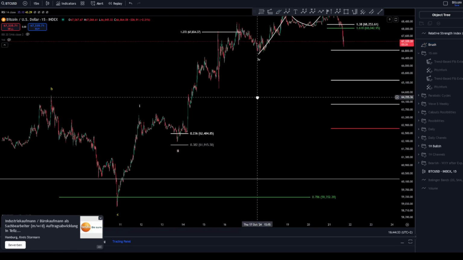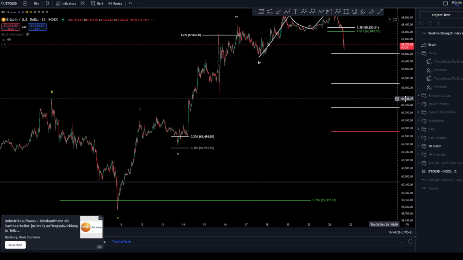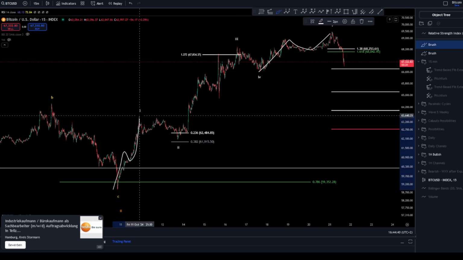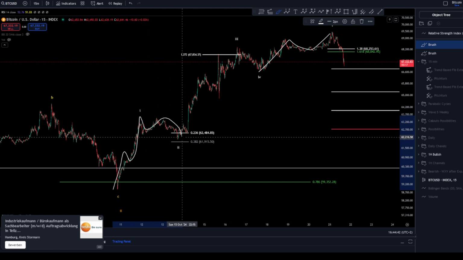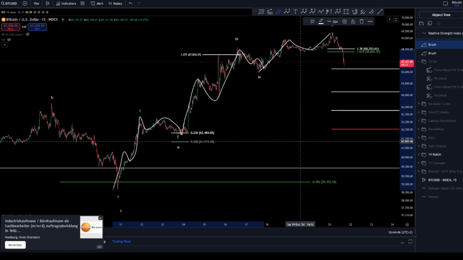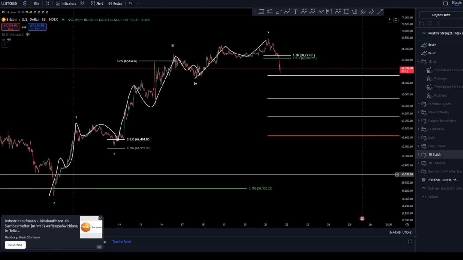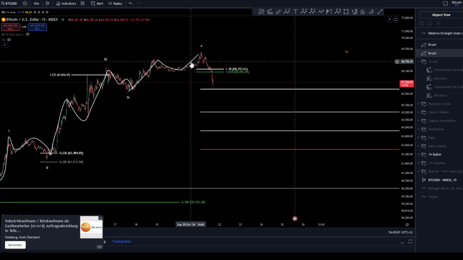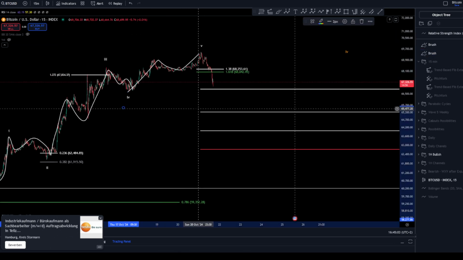is a zigzag. Can it be a zigzag? Is it possible? Let's see, 1, 2, 3, and then of course this is a zigzag. Yes, definitely it can be a zigzag. By all means, every wave should be a zigzag, right? So as we can see, zigzag for wave 1, zigzag for wave 2, same for 3, same for 4, and the same for 5. It has finished. So by all means, this is your finished wave 5 now.